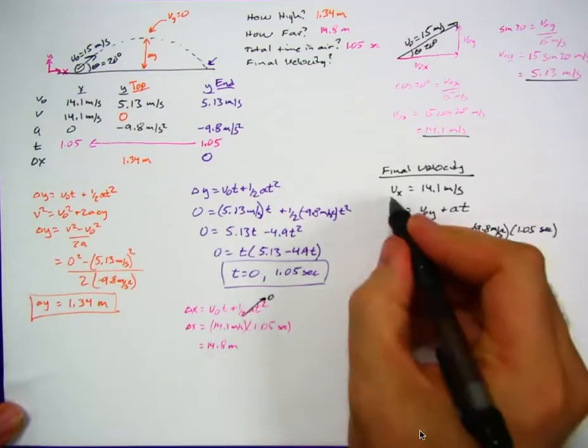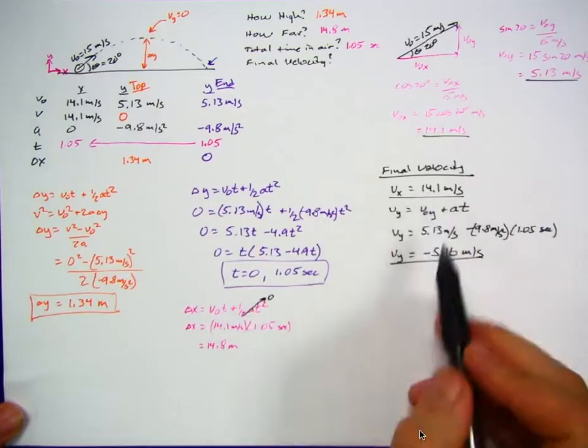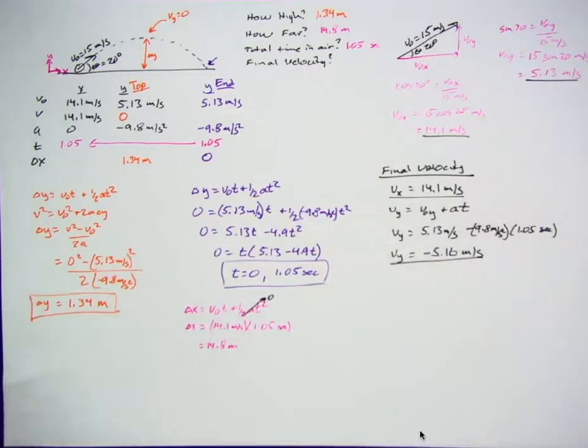So we have two values for velocity, Vx 14.1 meters per second, Vy is 5.16 meters per second in the